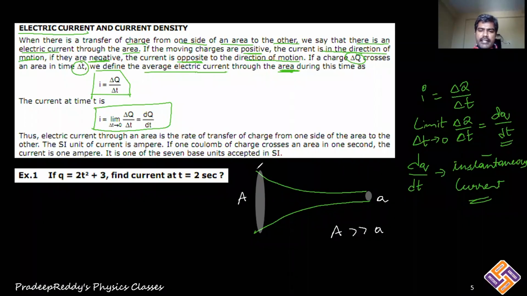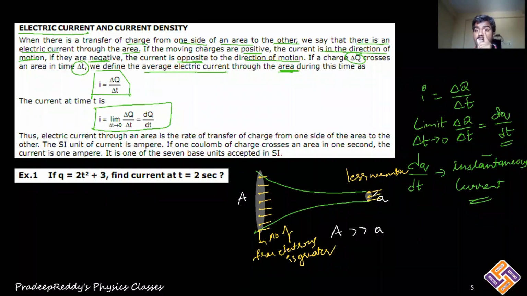As the area of cross section is increased, what would happen? The free electron number would also be increased throughout this area of cross section. There are more free electrons here. Coming to this area of cross section, there are fewer electrons passing through. So all the electrons coming from this larger area of cross section get squeezed when they come to this smaller area of cross section.